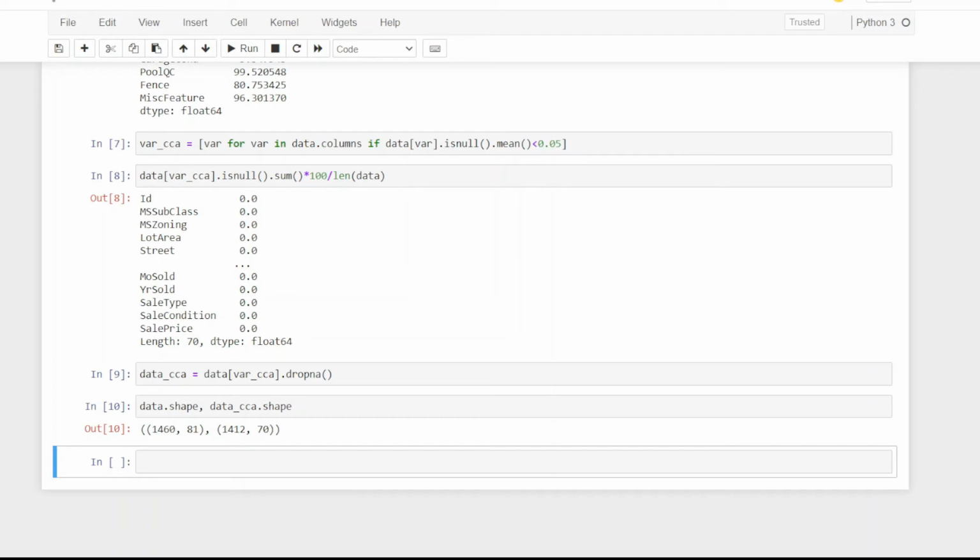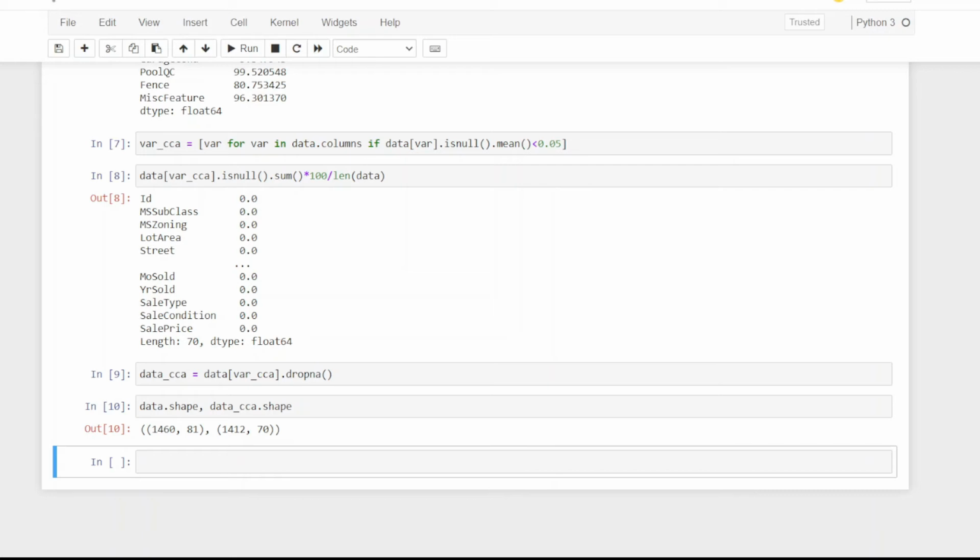Now the next thing that we have to make sure is that other variable distributions are not changing. So for that we are going to plot some graphs. Basically, we are going to plot three graphs. The first one will be the graph with no missing values dropped. The second graph will be with the missing values dropped, and the final will be the overlap of these two graphs, which will give us the idea of how much the distribution is changing, and accordingly we can plan whether we should apply